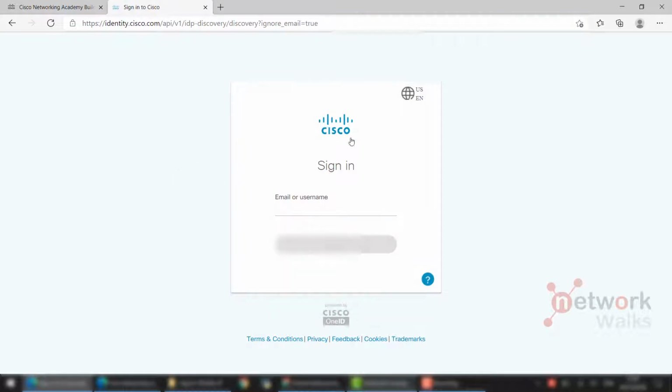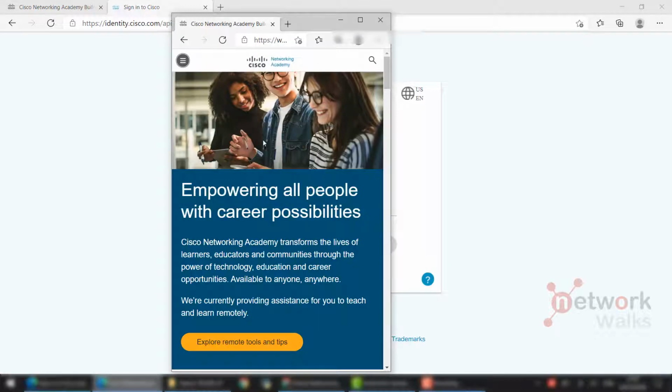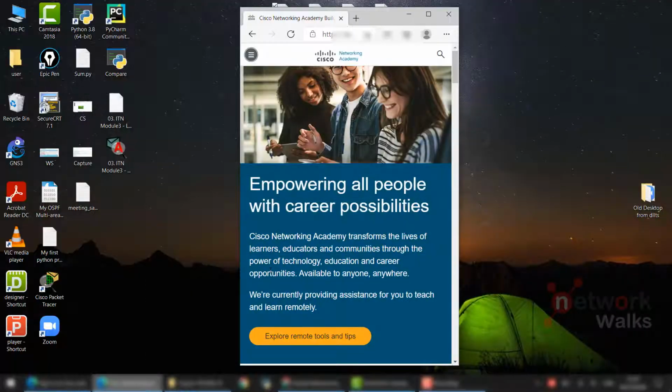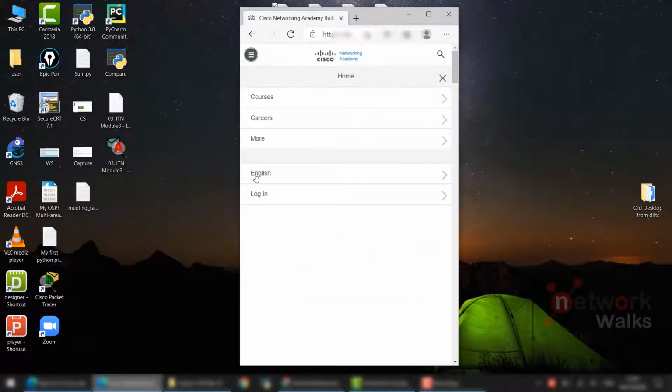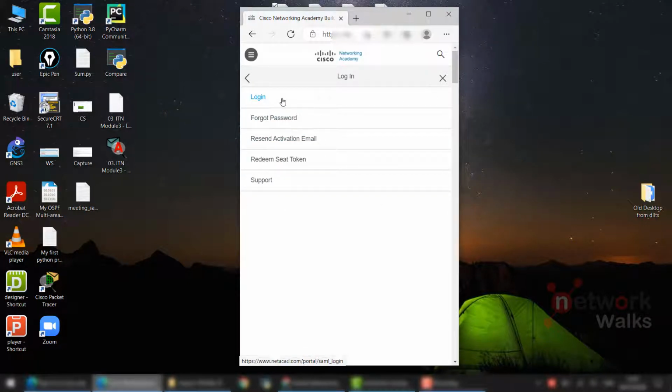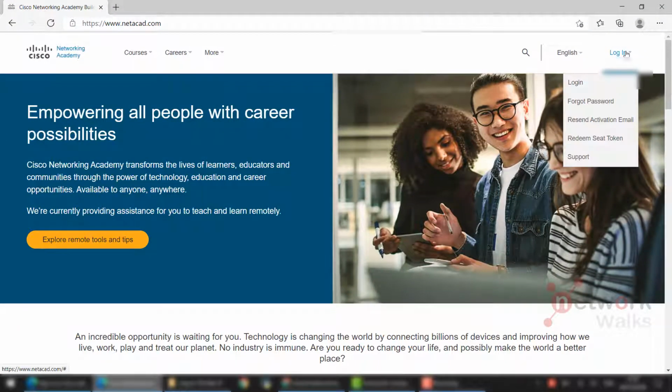It will bring you to the sign in page. So here you have to enter your email address, your password, and then you will be logged into the system. On mobile phones, the interface might look like this one. Here you have to click on these three dots and click on this login button to log in. Also, you can recover your password. You can click on forgot password so that you can recover your password as well. In the normal view on your computers, you can also click on login and click on forgot password.